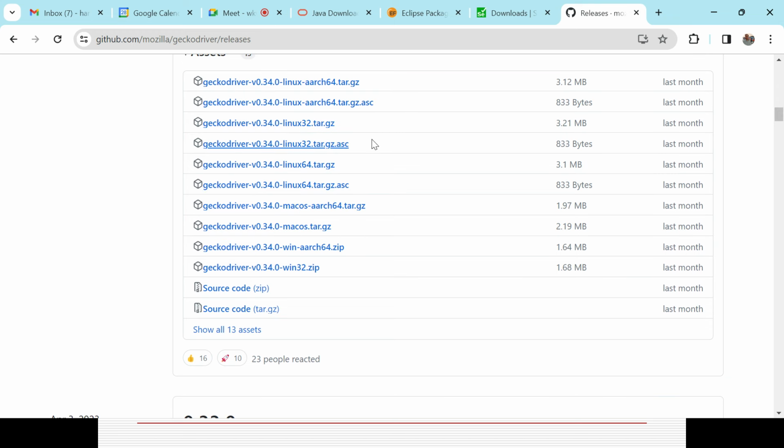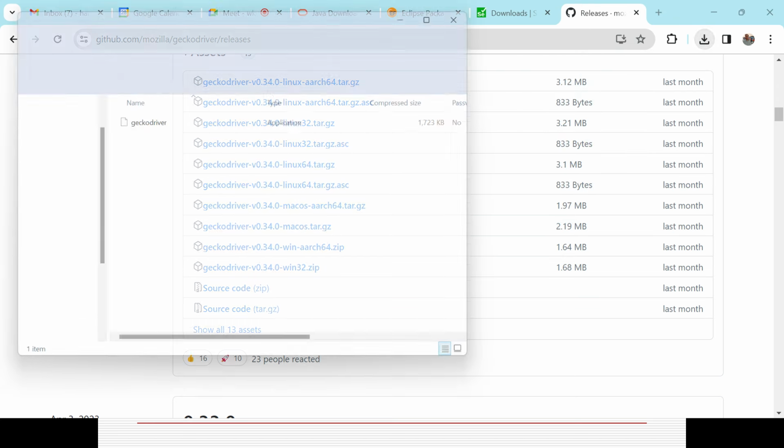So it will be based on your system configuration. In case you are using Linux, you need to download that one. In case you are using Windows, there's only one option available, Win32. It will work for both Windows 32-bit machines and Windows 64-bit machines. So if you click here, it will be downloading. After that, once it is downloaded,